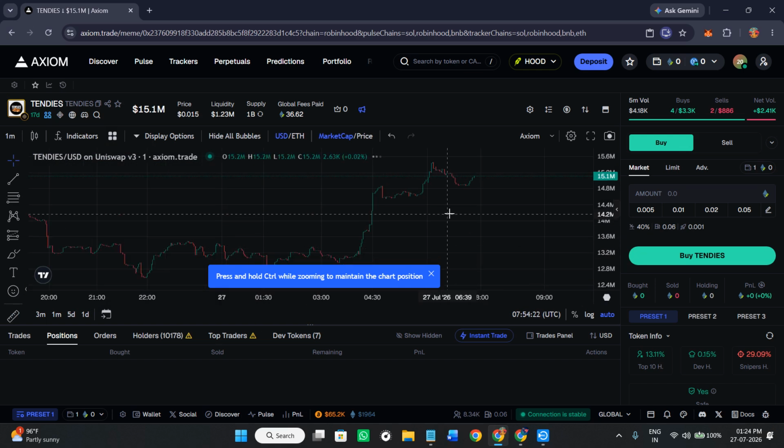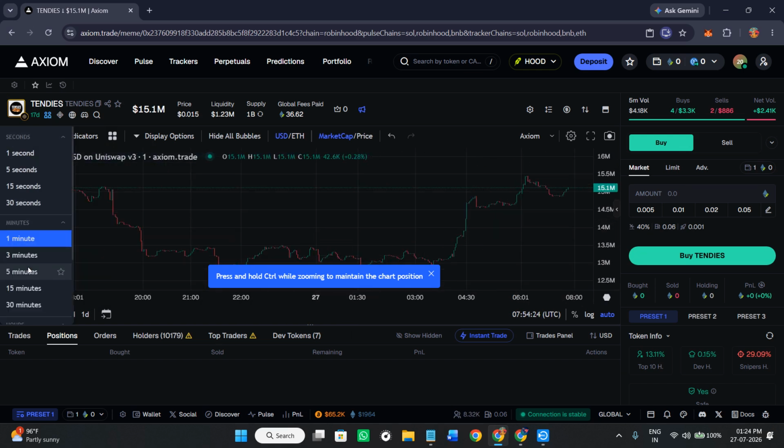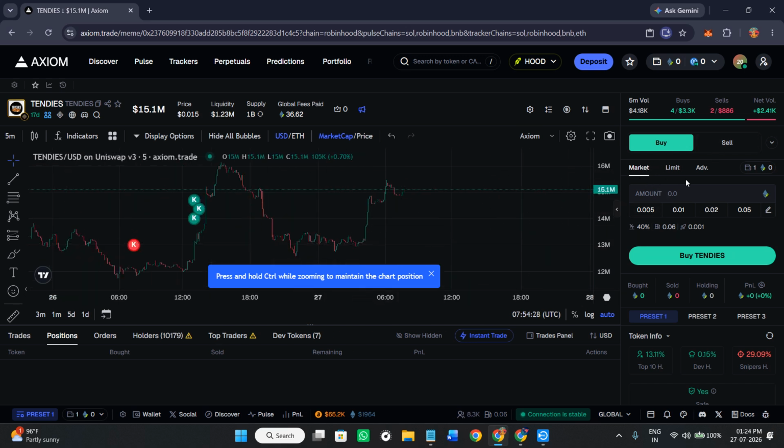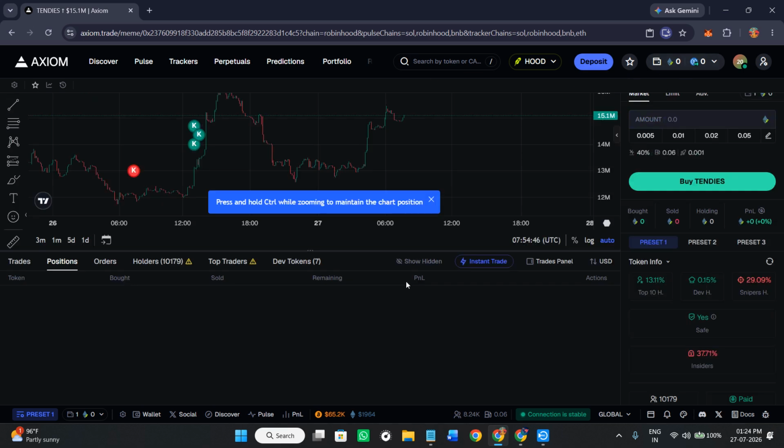After changing the time frame, in the right hand section, you are going to see the buy and the sell options. So over here, simply enter the amount that you want to basically spend in order to purchase this particular coin. So if you have some amount available, if you have deposited, simply select the option of buy. And as soon as you select the option of buy, you are going to see that you have successfully